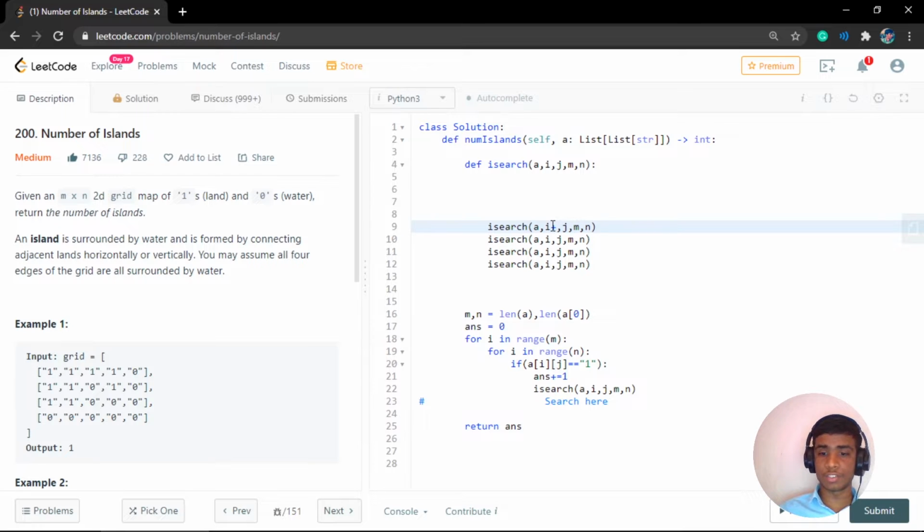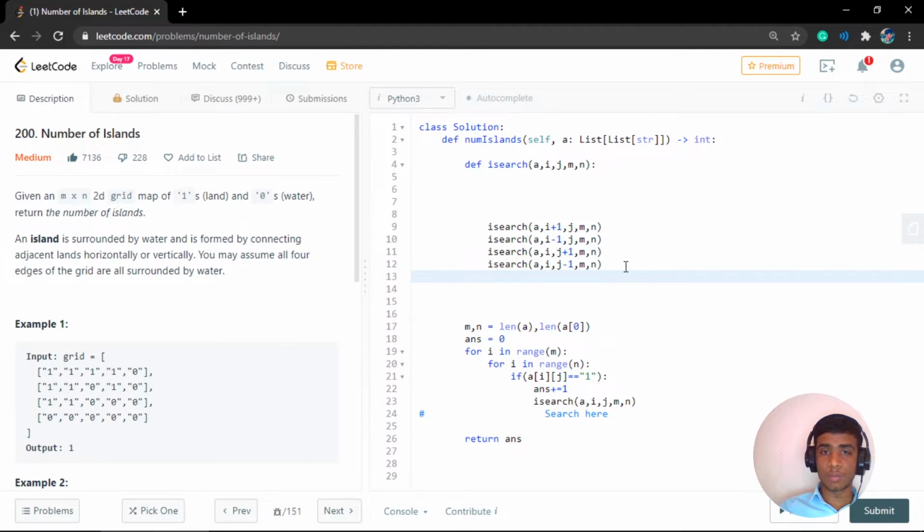We can search in the top direction, bottom, or to its right or to its left. That means both horizontal and vertical directions. And once we have done our search, we are going to return 0. So our search will end, right?